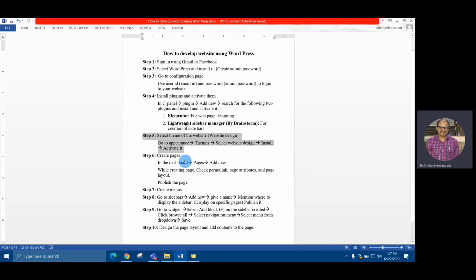The next one is to create the pages. Before creating any pages, you should have an idea about how your website should look like, what the pages are and what their hierarchy is and all those things. So I suggest that first you design your web page on paper and think about which is the main menu, which is the sub menu, and which is the sub page, and how the page should look like. If you have an idea about how the web pages are designed, that will be better. So step 6 is all about creating the pages.